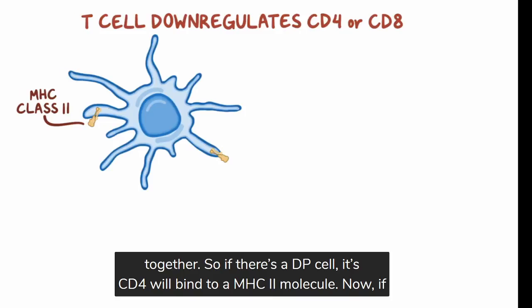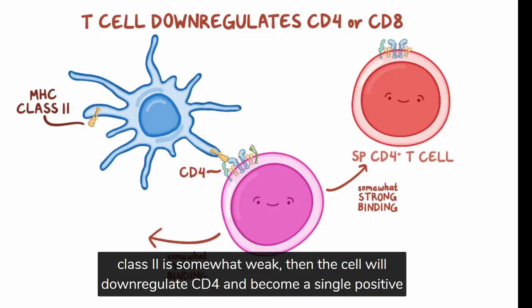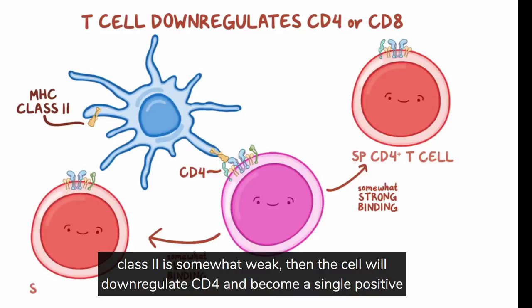Now, if the strength of the binding between the T cell receptor and the MHC class II molecule is somewhat strong, then the cell will downregulate CD8 and become a single positive CD4 positive T cell. On the other hand, if the strength of the binding between the T cell receptor and the MHC class II is somewhat weak, then the cell will downregulate CD4 and become a single positive CD8 positive